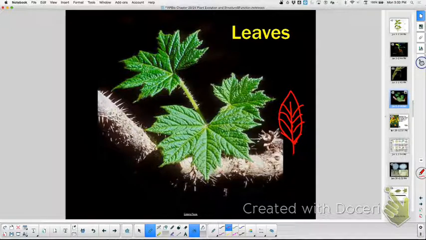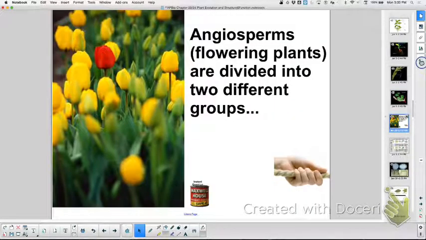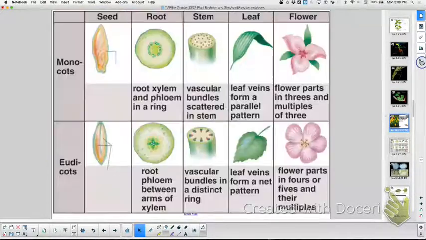Would be like that. Whereas a monocot, I would look more at a blade and it has parallel venation. So that's one of the differences when you look at it. Okay, so on this chart right here, where the name monocot and dicot came from would be